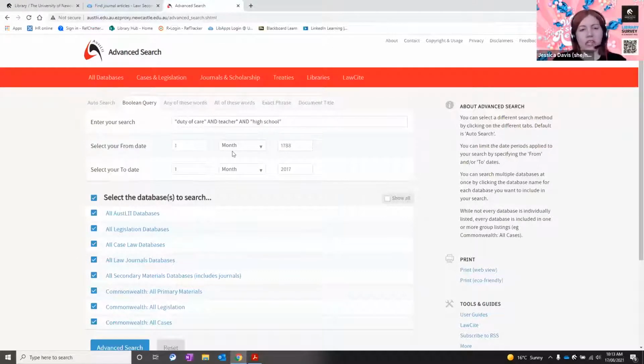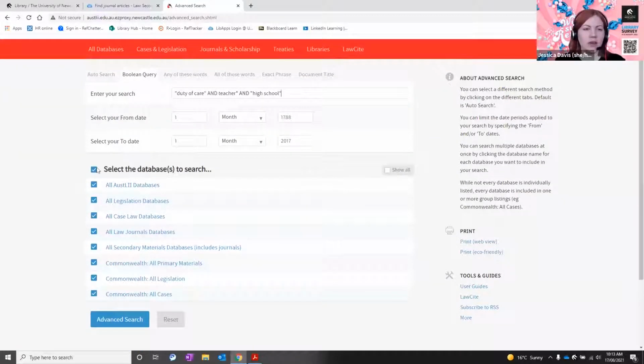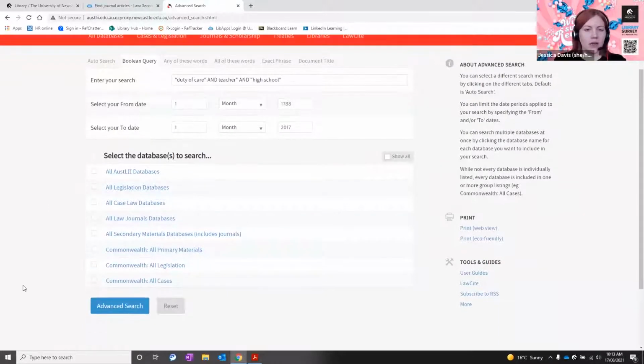You can change the date of the resources that come back in the search as well. I'm just going to leave the dates as is, but you can see the breadth of the dates that you may be able to find via AustLII. I'm going to deselect all of the databases. And then I am going to choose to search in all secondary materials databases and then click Advanced Search.